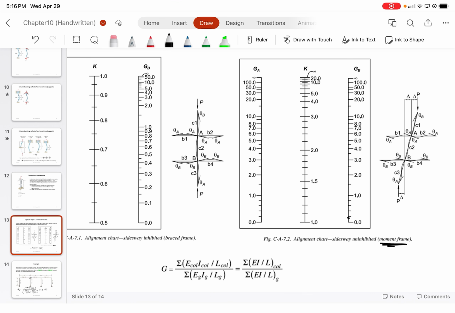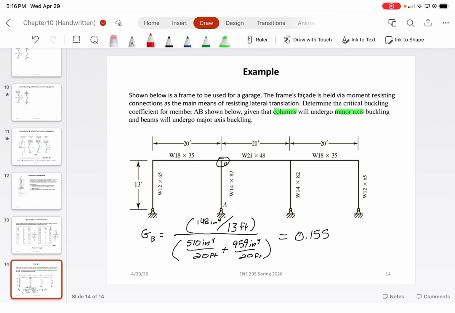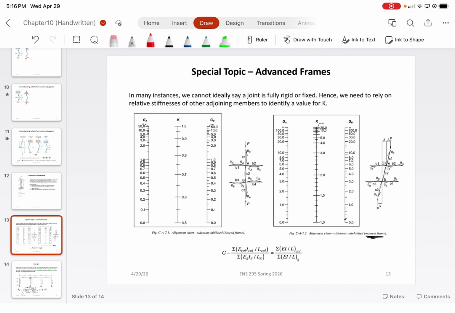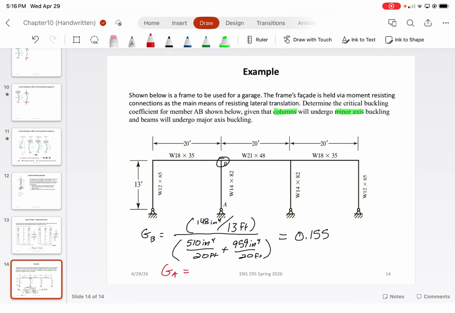That's going to put us somewhere around there. All right. So towards the bottom. Let me do it in red. All right. Now, for GA, we need to know what GA would be. In this case, rotation would be entirely allowed, with lateral translation not technically being allowed. So what we would ultimately want GA to be would just be,